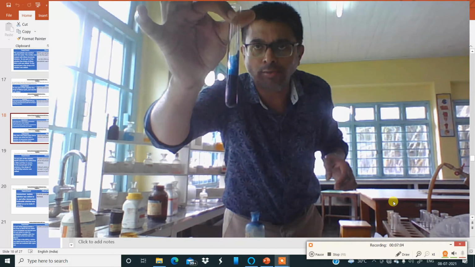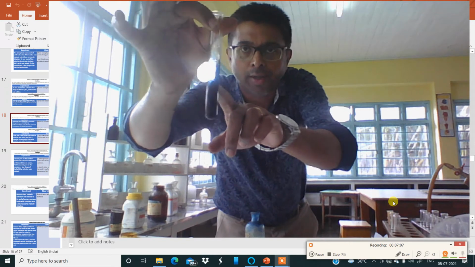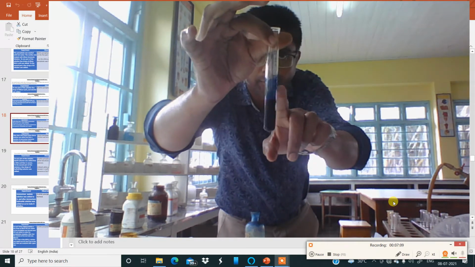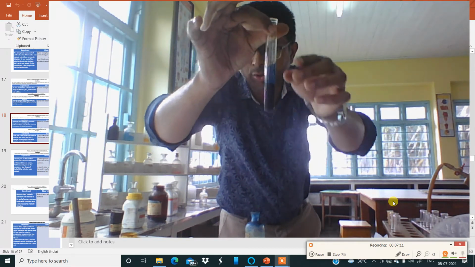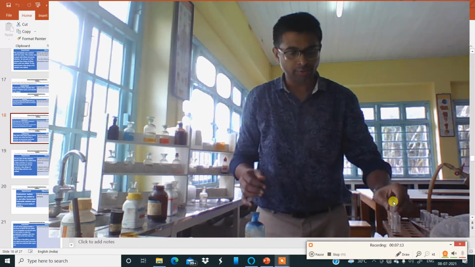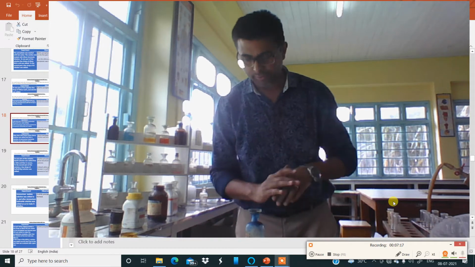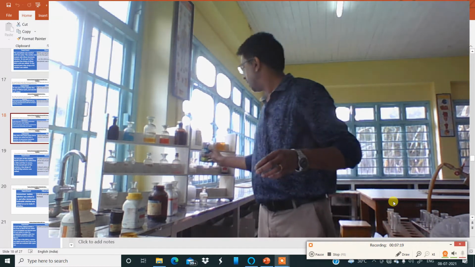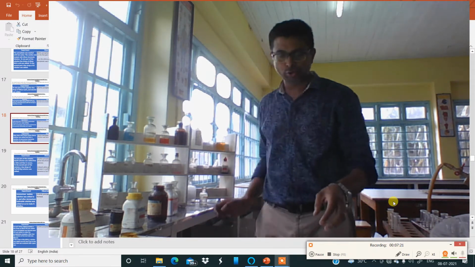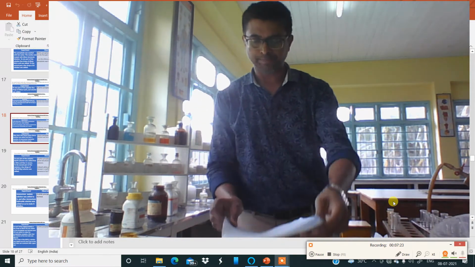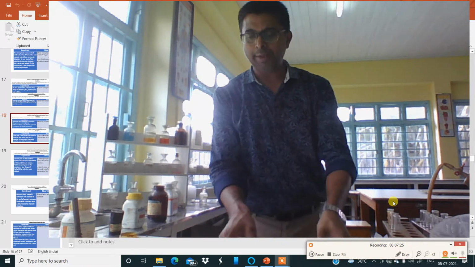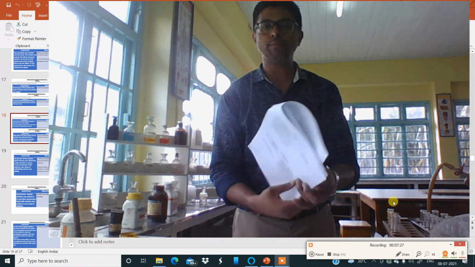Now let it settle down. Now you can see on the top part over here, a deep blue colored solution is formed. So this confirms the presence of iron 3 in the given sample which was provided. Now I will show you the next basic radical which is present in the same group,